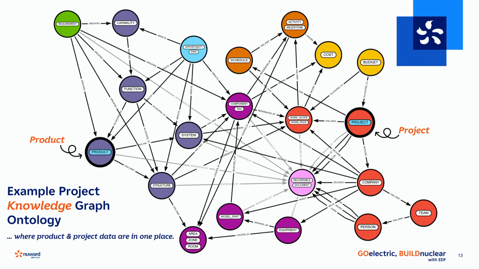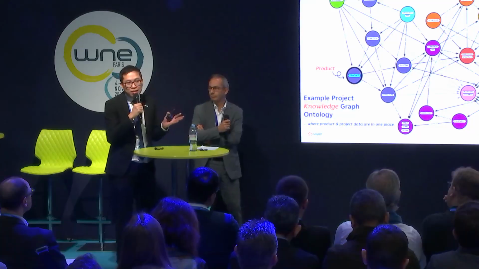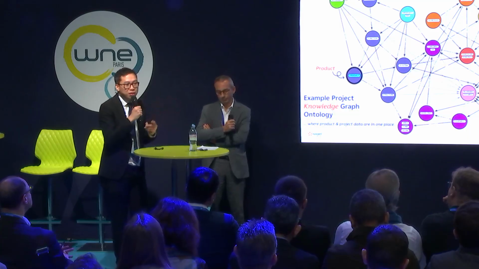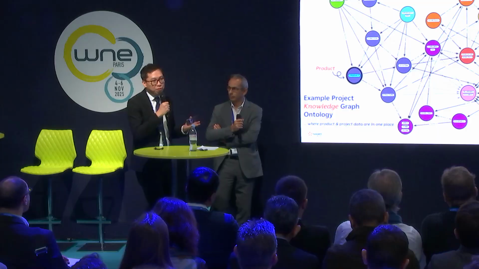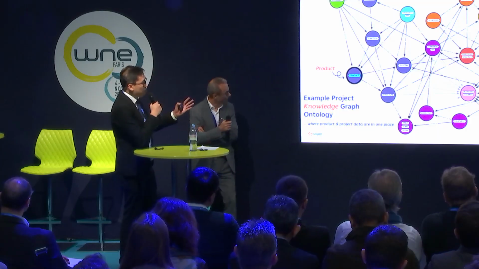So let me give you an example. This is an example of an ontology for a knowledge graph. You can think about ontology, it's sometimes referred to as your data model or the structure of your database, or how you relate things to each other. Traditionally, you probably do this in a relational database where you have data stored in tables and then you try to join different tables. But what we're doing here is that we store data in a graph form. And a graph looks something like this.